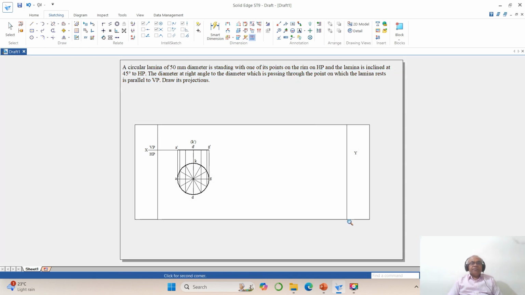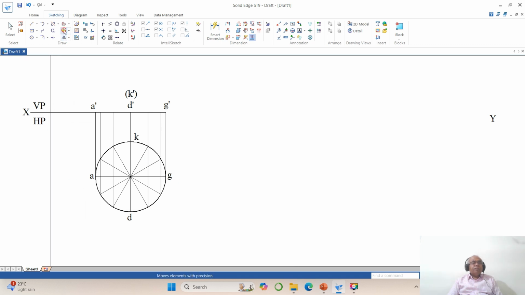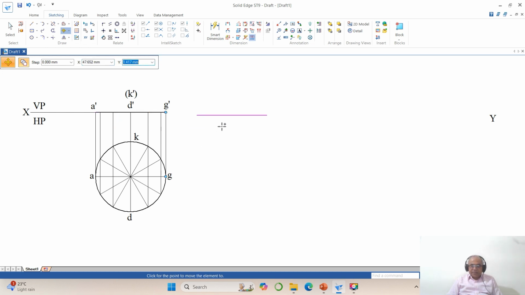So you just go to move, enable copy, you select this entire drawing, and give the Y displacement as 0, and take it to whichever position you want, and click. Now you go to rotate, disable copy, you select this entire drawing, take this endpoint and this endpoint by rotating at an angle of 45 degrees now, okay, right click. Now we have the